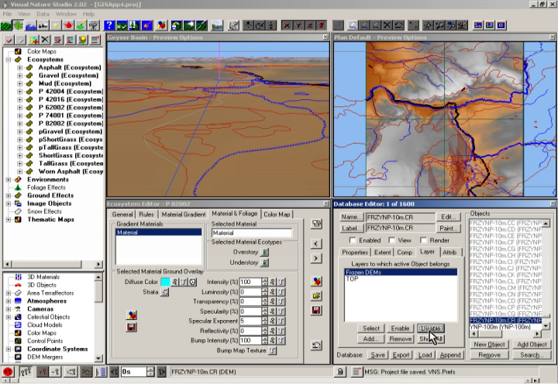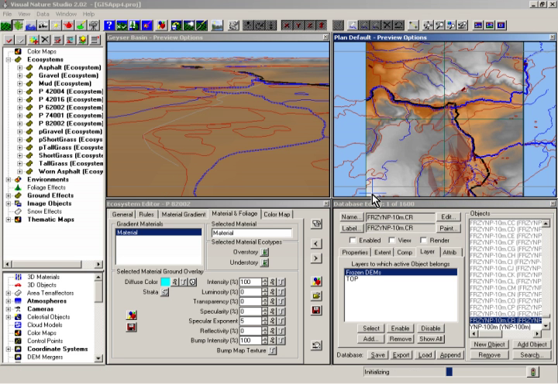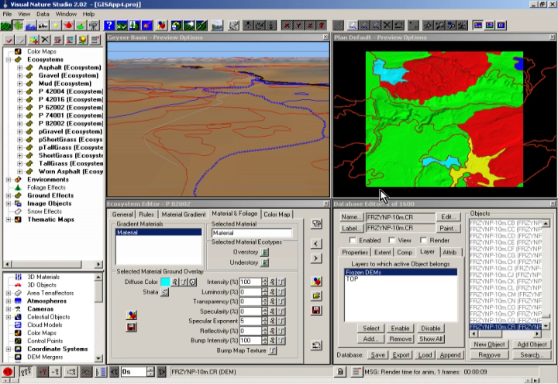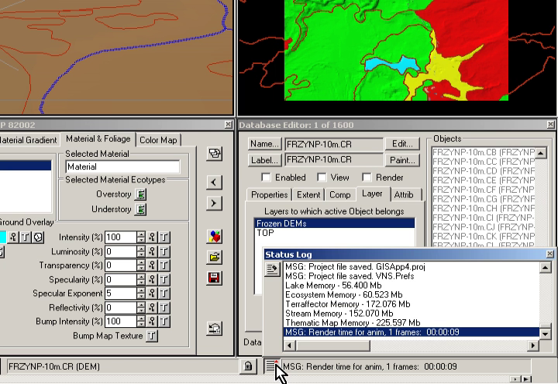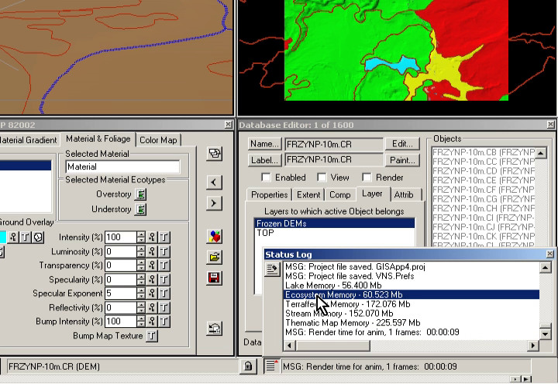Save the project and render a plan default preview. 5 different colors represent the 5 ecosystems we just created. Ecosystem boundaries appear as red vectors. Let's see how we're doing with effects memory use. Open the status log. Ecosystem memory requires about 60 megabytes at a resolution of 10